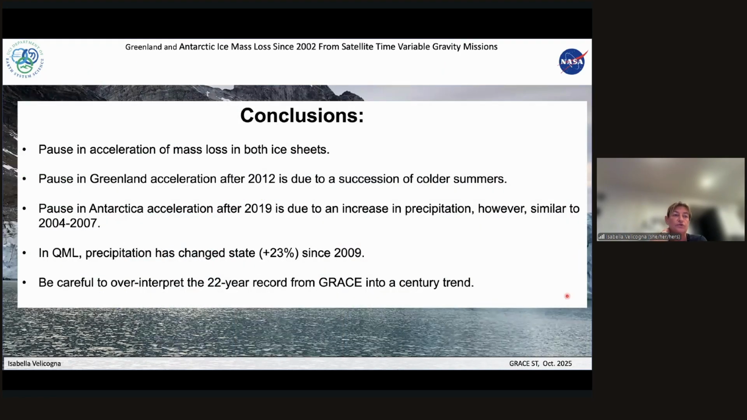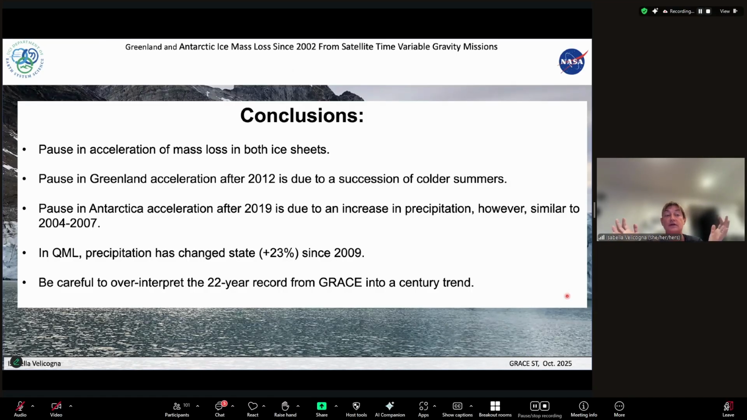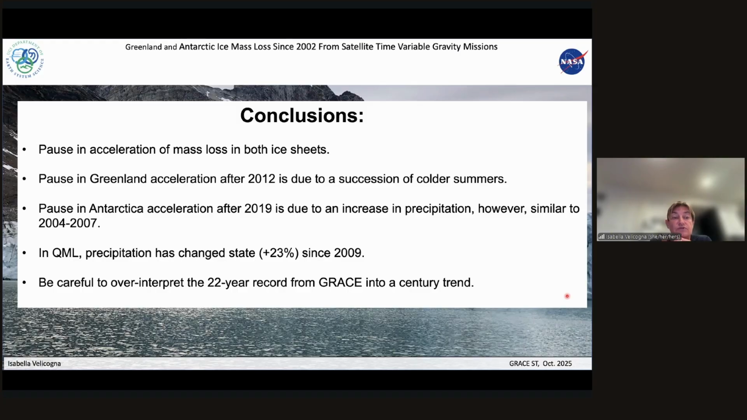And just in conclusion, we observe a pause in acceleration of the mass loss for both ice sheets. If we look at the entire period, we have a pause in Greenland after 2012, which is associated with a succession of colder summers. The pause in Antarctica in 2019 is due to an increase in precipitation and is very similar in amplitude to the one that we observed earlier in the record of GRACE. Queen Maud Land has a sustained precipitation change since 2009 with an increase of about 23% of